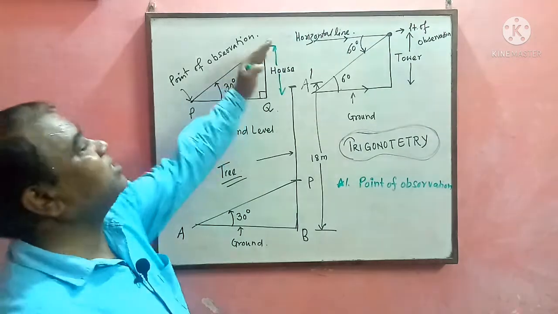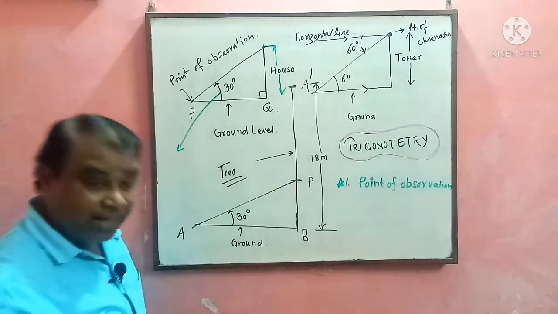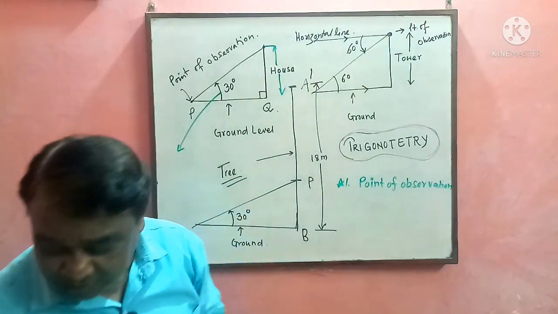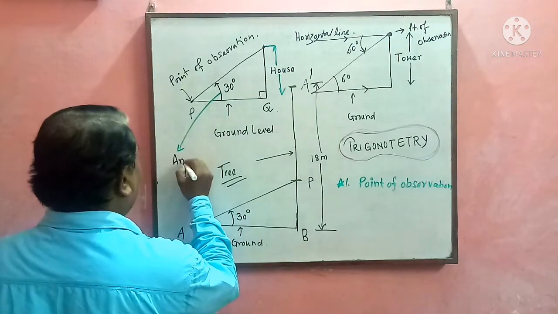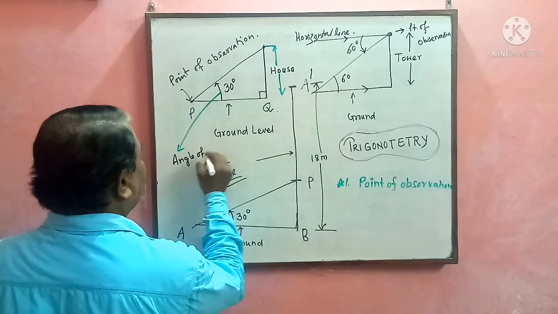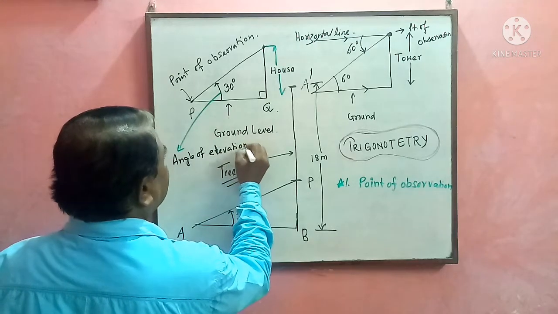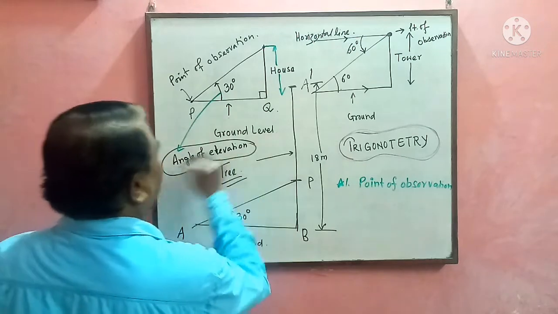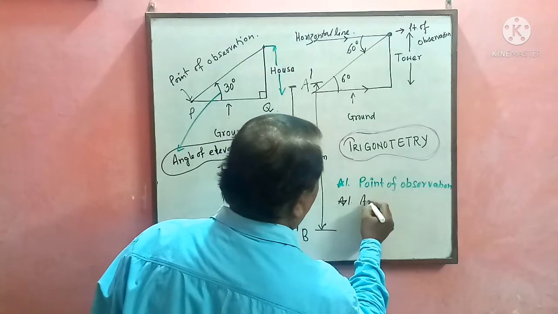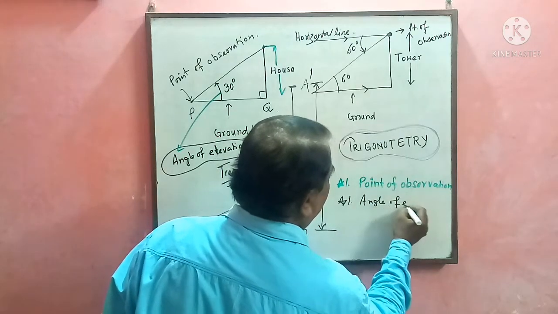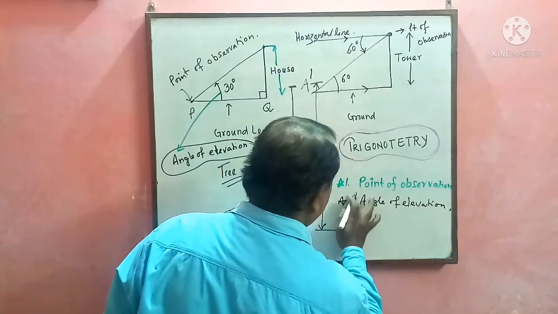So this is an elevation. That is the reason this angle is known as angle of elevation. What is that? Angle of elevation. This is your angle of elevation. This is very important, number one. Here is the angle of elevation. Right? Second point. And the third point is